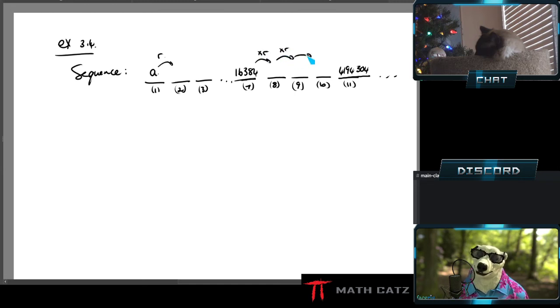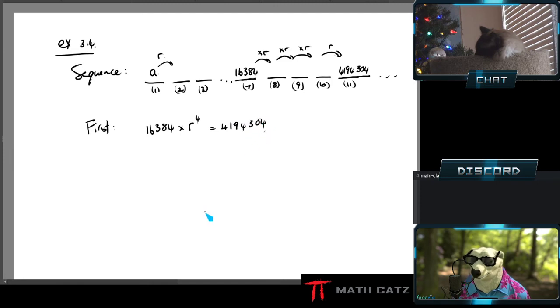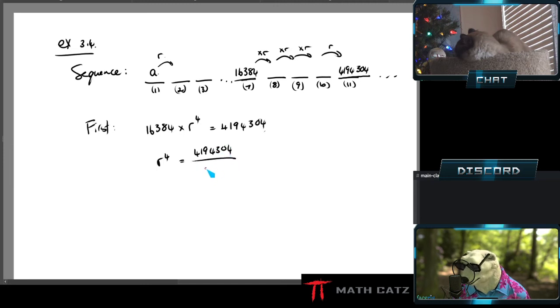multiply by another r, and another, and another, oops, to get to this 4 million thing. So that means 16,384 times 4 R's will get me to 4194304. Now I have to solve for R. Well, let's isolate it first by dividing. So R to the power of 4 is 4194304 over 16384. Calculating that,